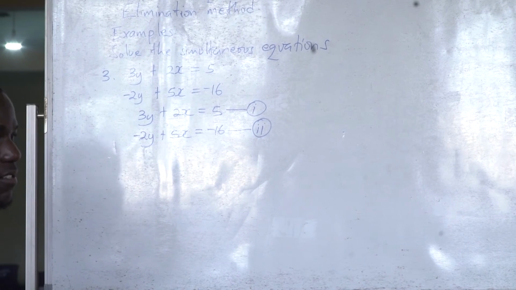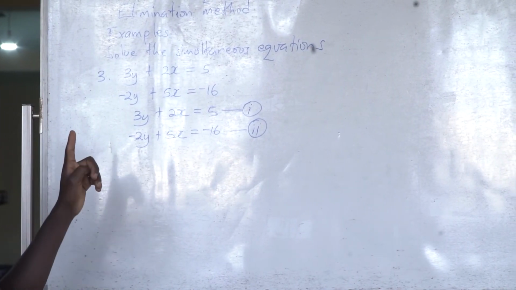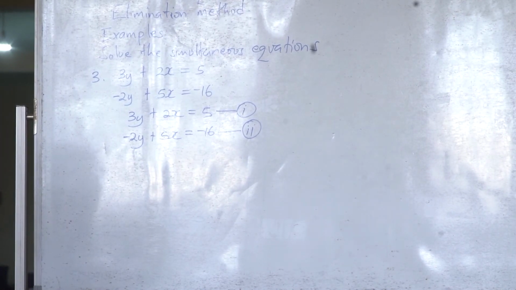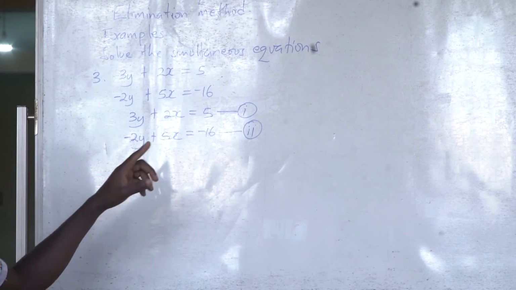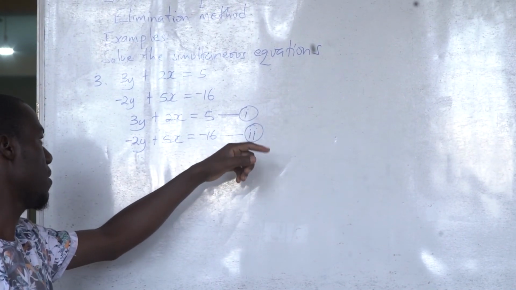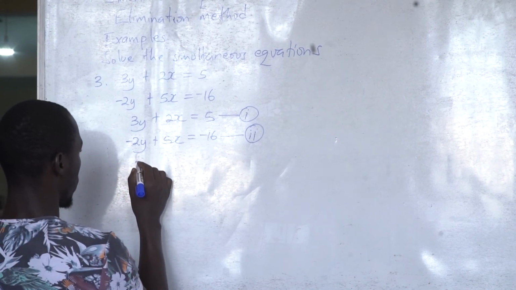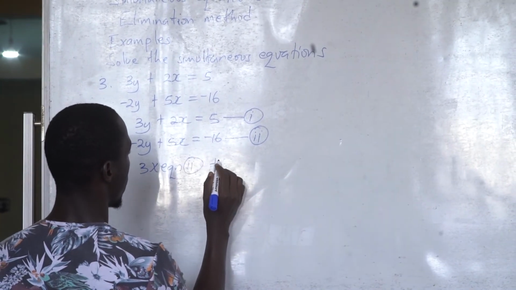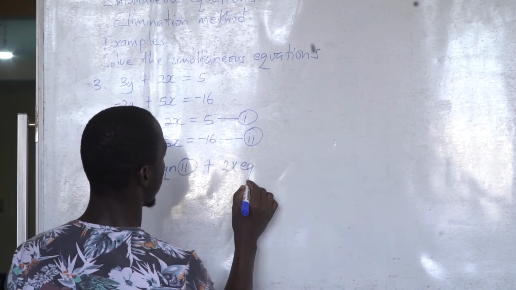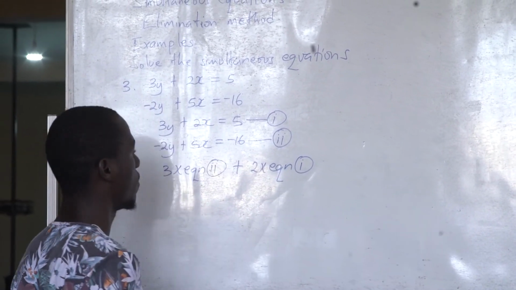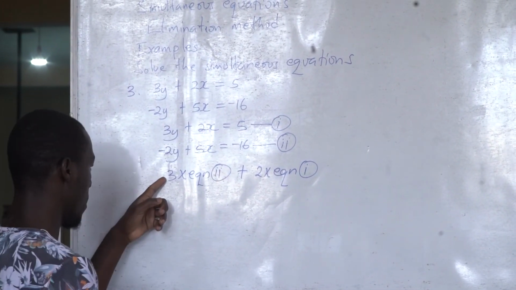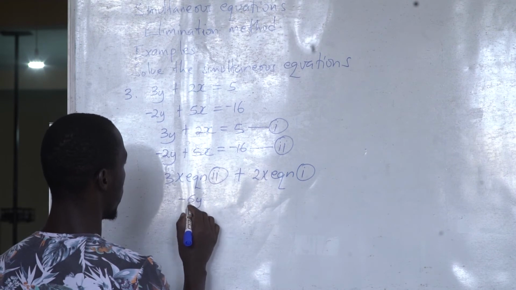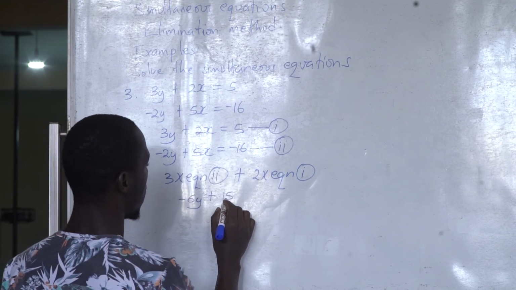We check the coefficients. Y is having, in equation 1, a 3, and in equation 2, the y, its coefficient is a 2. So I'm going to get those coefficients and multiply them alternatively. That is 3 times equation 2, then I add it to 2 times equation 1. Simple as that. So my 3, when I multiply it here, I'll be having a negative 6y